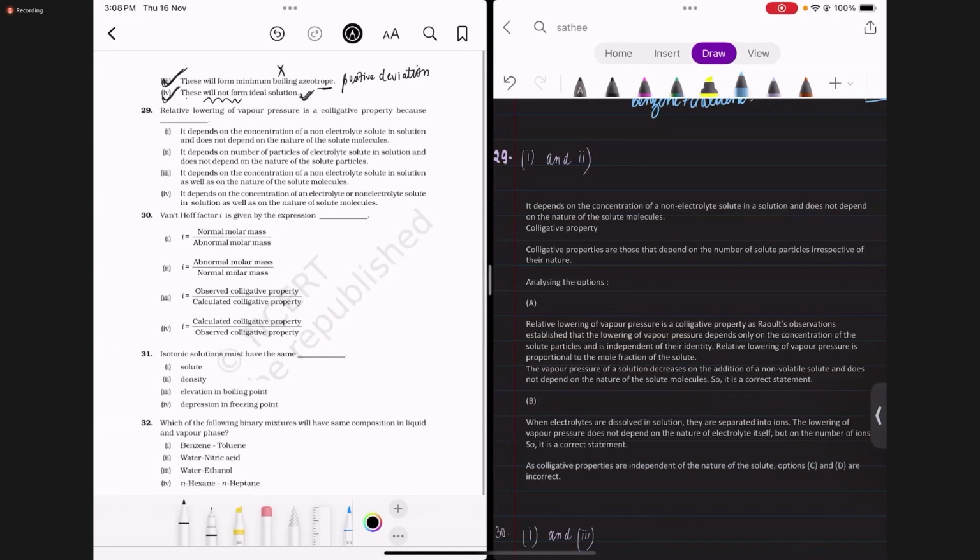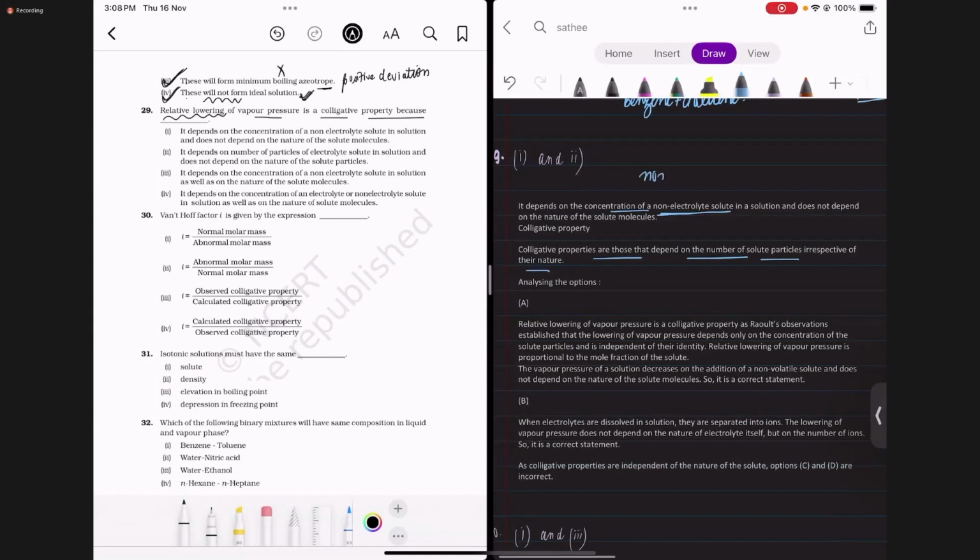Relative lowering of vapor pressure is a colligative property because. तो इसमें हमें relative lowering of vapor pressure colligative property क्यों है वो बताना है. So we know that there are 4 colligative properties: relative lowering of vapor pressure, depression in freezing point, elevation in boiling point, and osmotic pressure. So what is a colligative property? Colligative properties are those properties that depend upon either the concentration of a non-electrolyte solute or the number of solute particles for an electrolyte